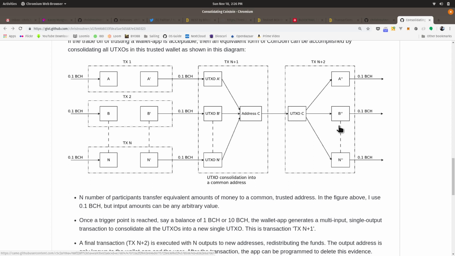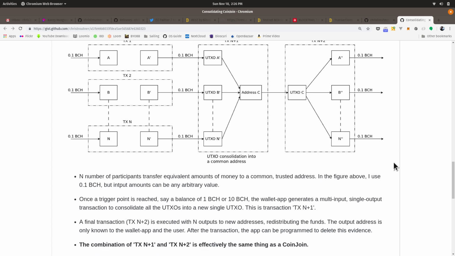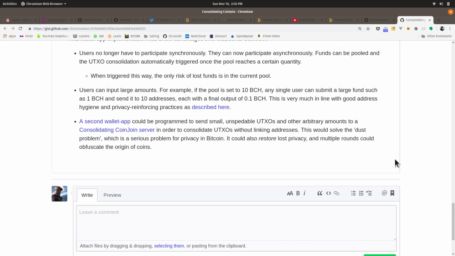It's mathematically provable that you really can't infer that information. So not only can it help preserve privacy, it can actually restore privacy. This is one of the only things I'm aware of that you can do with Bitcoin that will actually improve anonymity that has been lost through poor transactions, or poor wallet hygiene, which is the term that's used. So that's the idea.